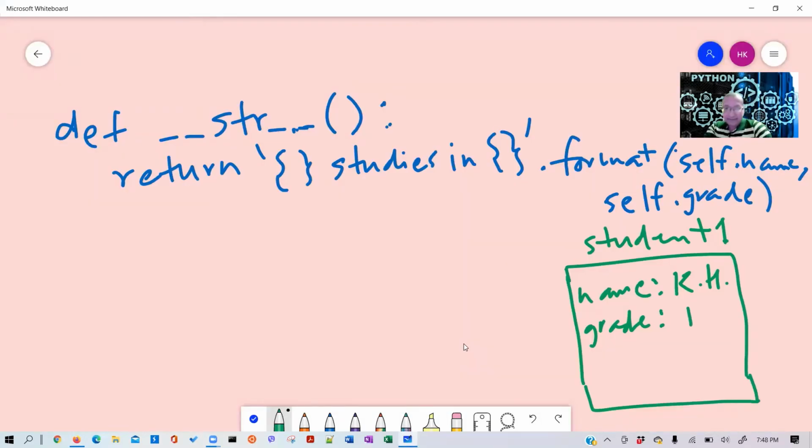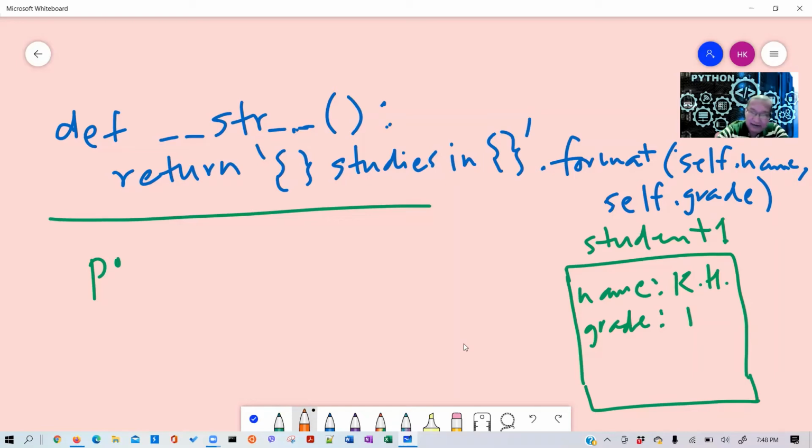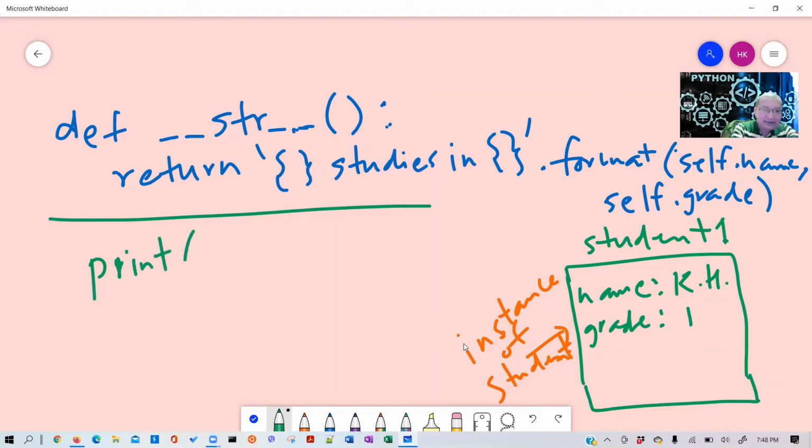So now what happens? I'm trying to print. Let me draw a line here, and when I try to print this, this is an instance, or the copy. This is an instance of what? This is an instance of the class Student. So now when I try to print that instance, when I do print student one,